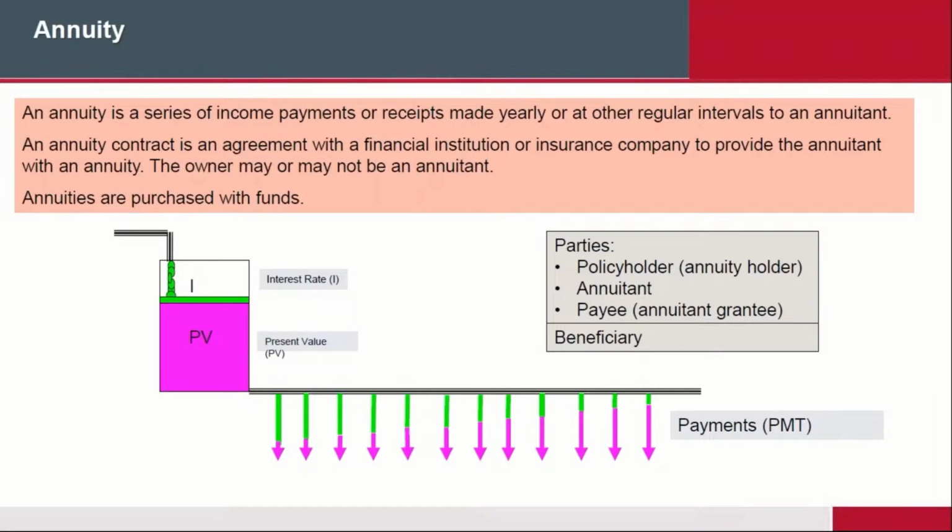Okay. So here the present value is, of course, your money. That's the money you're giving us, okay? And the interest is the green part. So when the payments are made, an annuity consists of two types of income: a return of your own money, which is this purple side here, and a return of the interest, in other words, the interest gain. So really, an annuity consists of interest payment plus a return of your own money.